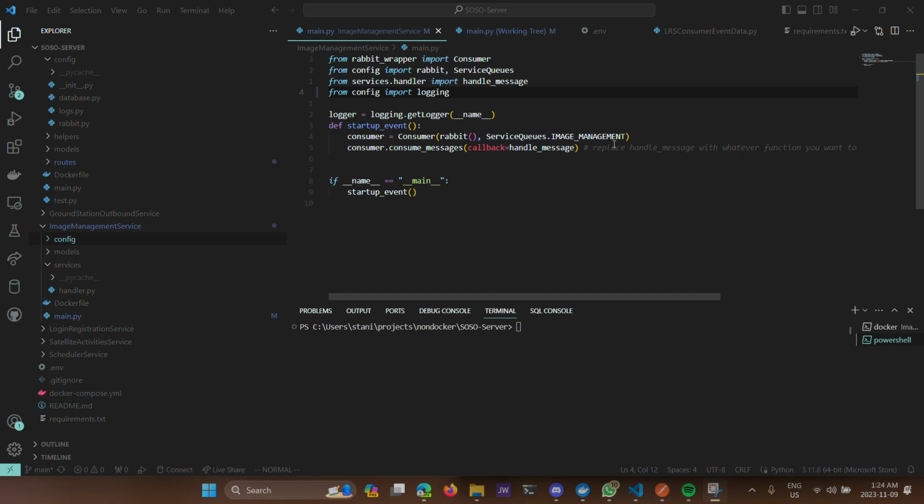Hey guys, so this is a demo of how to use the RabbitMQ connection. Basically, how to send messages and receive messages from RabbitMQ, and how to work with the tables that are already created in the database. So starting with RabbitMQ,